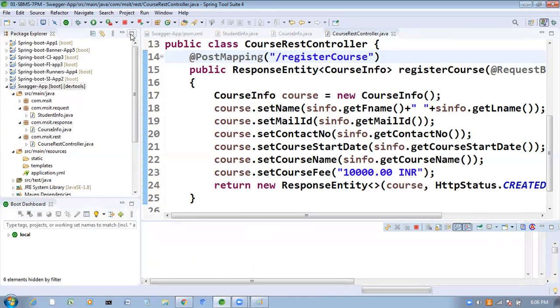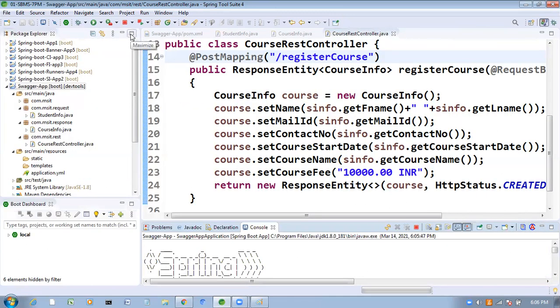Now, if you want to test whether this REST API is working properly or not, how can we test it? By using Postman we can test it.